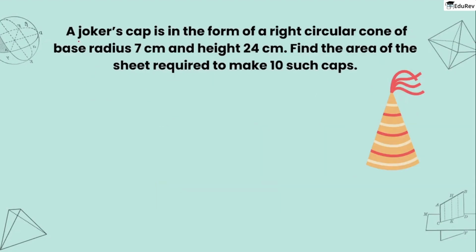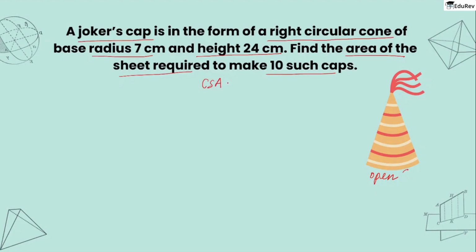Given that a joker's cap is in the form of a right circular cone of base radius 7 centimeters and height 24 centimeters, we have to find the area of the sheet required to make 10 such caps. The base of a cone-shaped cap is open, allowing it to be worn on the head. To find the area of the sheet required to make one cap, we need to calculate the curved surface area